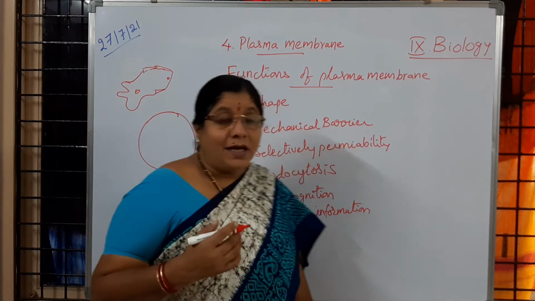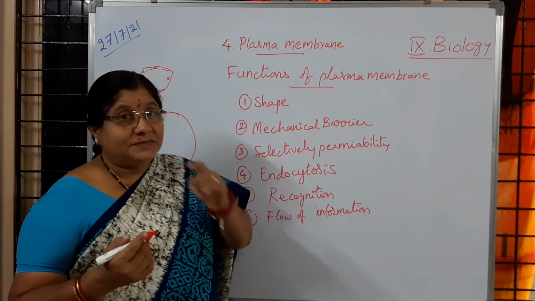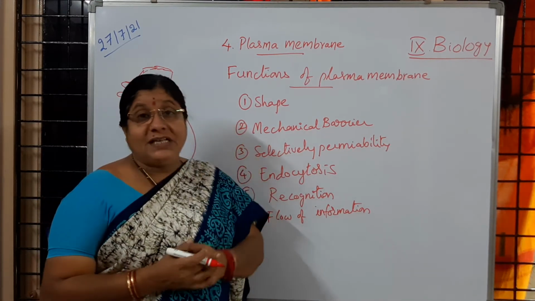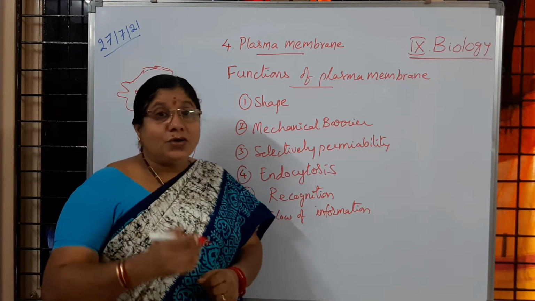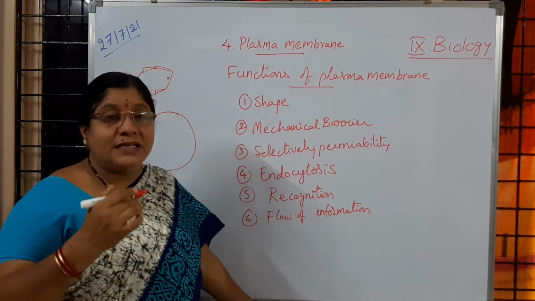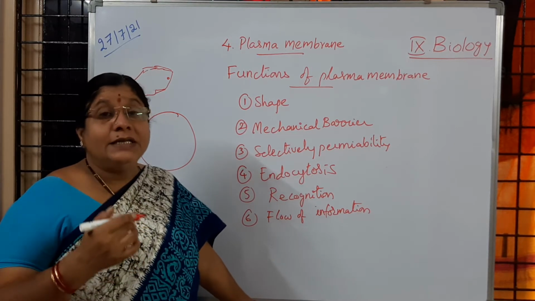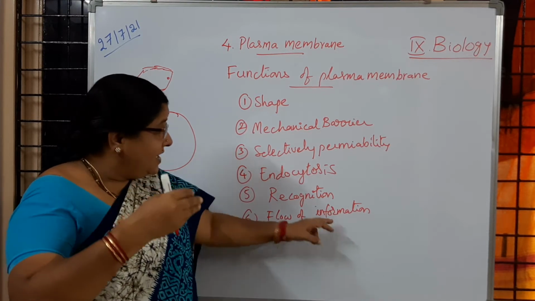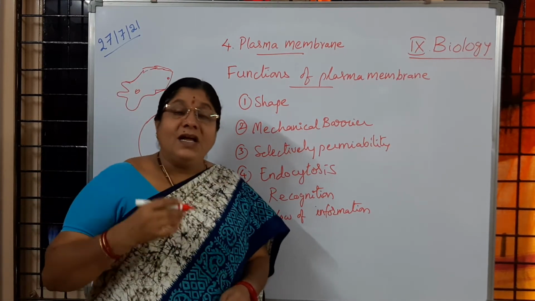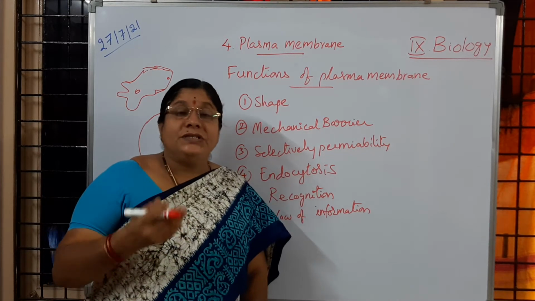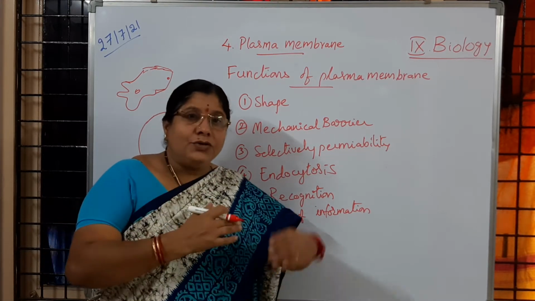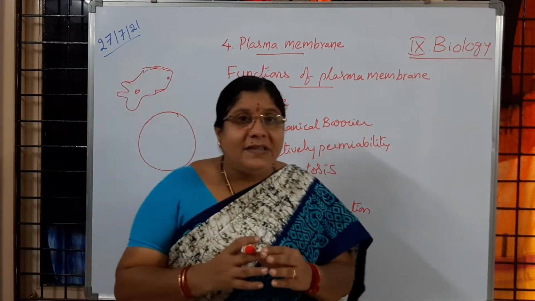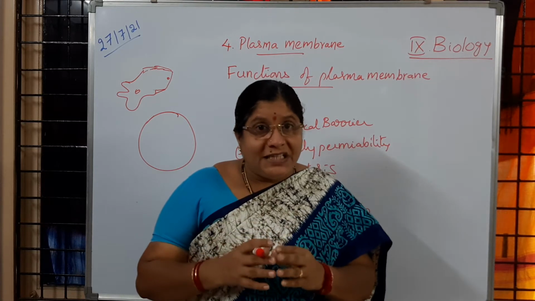Suppose if you observe the TS of leaf or TS of stem, which you read in previous classes, different types of cells we are going to observe. Is it not? So all these different types of cells which are present in the organisms must have some information, flow of information. What does it mean? The materials which we are taking from one cell to another cell have to enter. Is it not? Apart from that, connectivity must be there. They must be connected with each other.